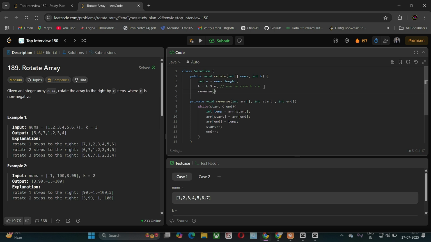Okay, we close this and remove this. Now run the code, let's see what happens. It gives an error, nums.length, a spelling error. Let's see. Okay, it's accepted. So if I go to our test case, here k is 3. If I make our length 8 and run this.